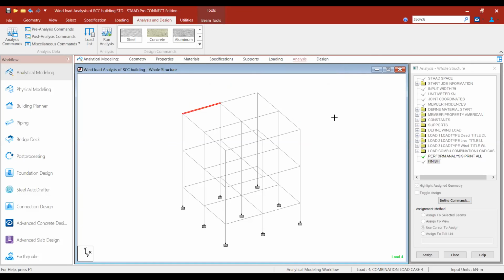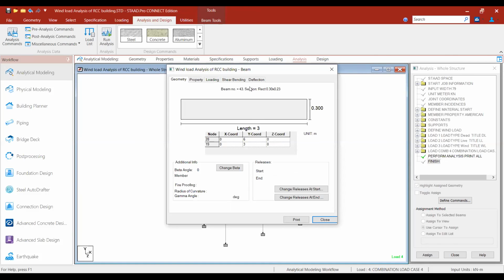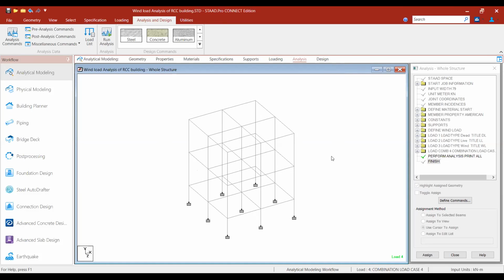Everything can be seen in the output. By clicking the members, we can see the different bending moment, shear force, deflection, reactions, everything.